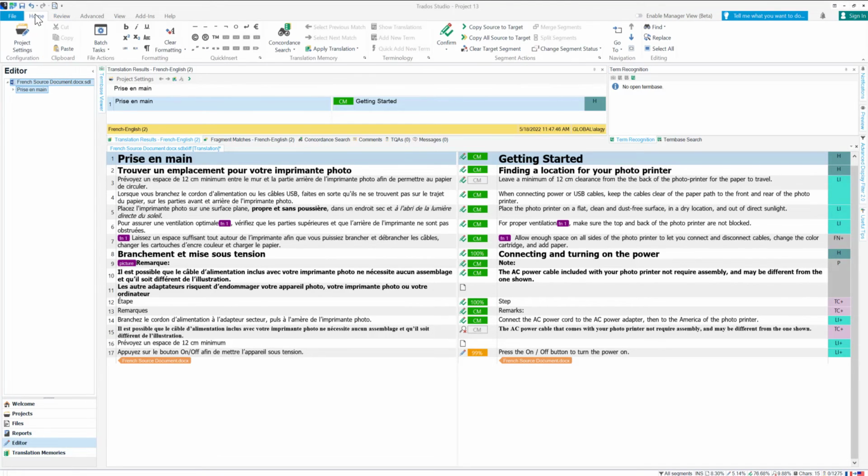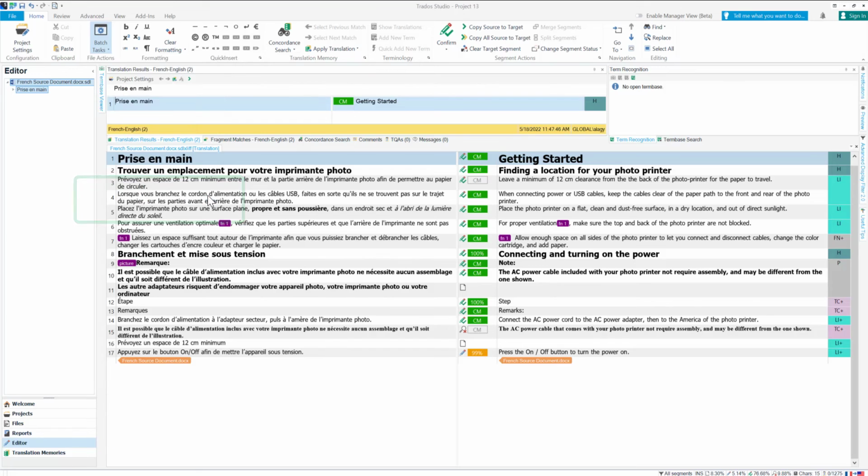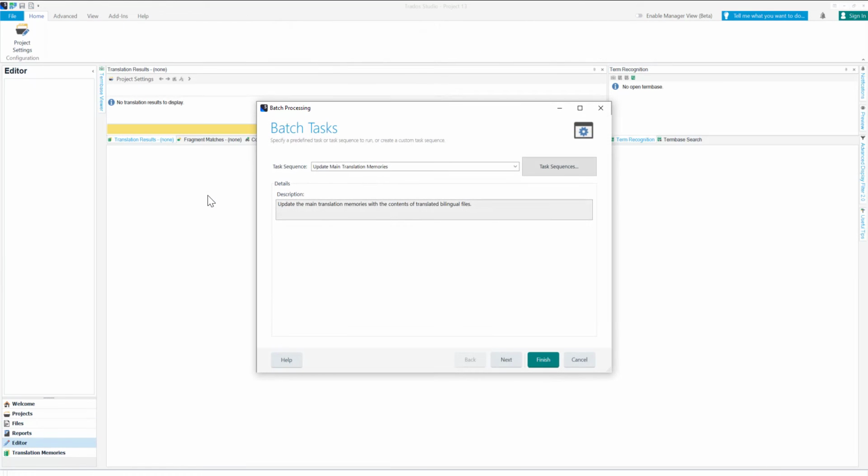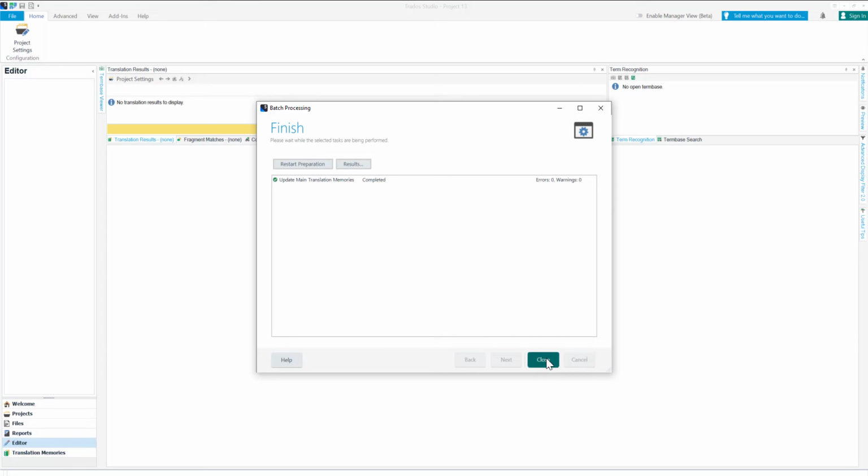Instead of doing this manually by reconfirming the segments in the editor, I choose Batch Tasks and Update Main Translation Memories. This will update any segments in the TM with the segment status as we see checked here.